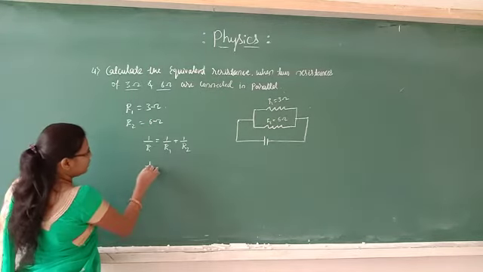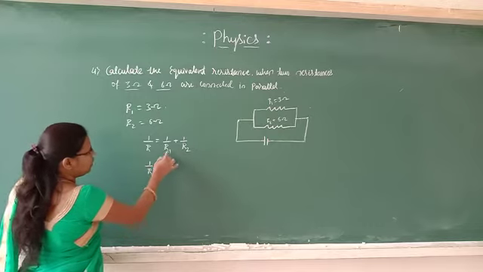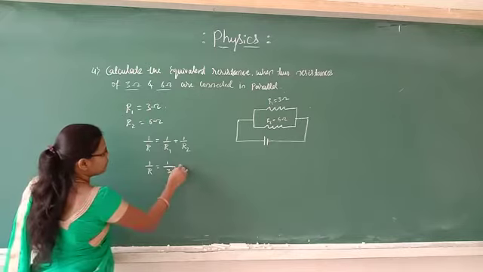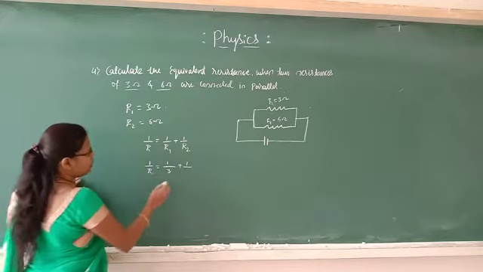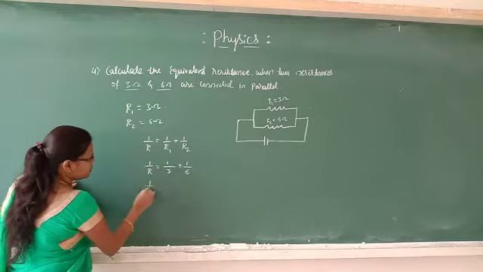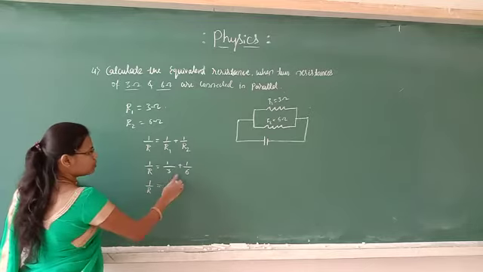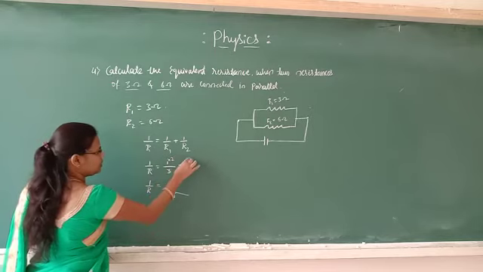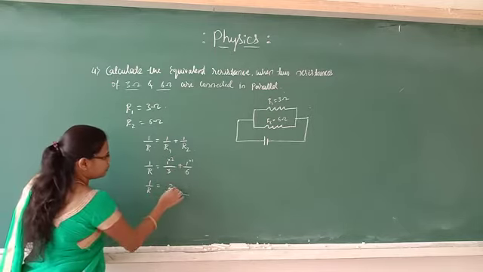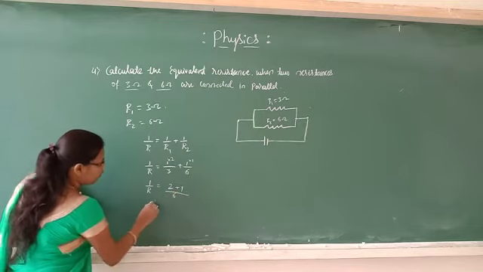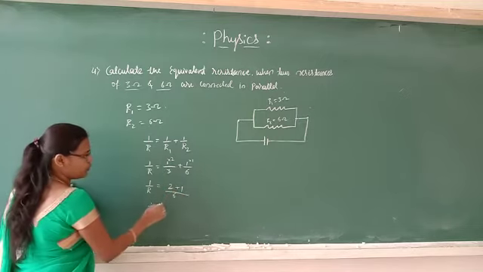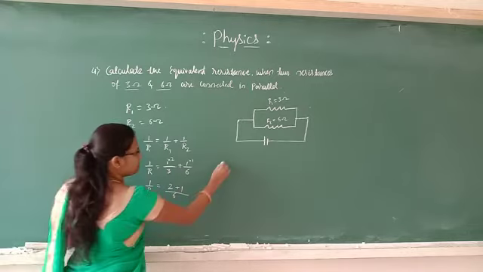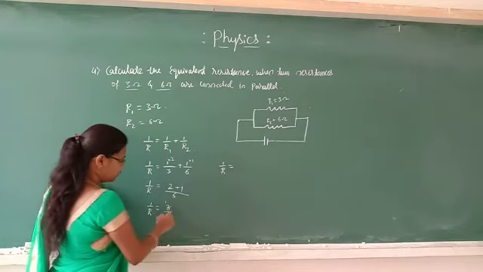Then we have to calculate the equivalent resistance. So 1 by R is equal to 1 divided by the value of R1, which is 3 ohm, plus 1 divided by the value of R2, which is 6. So this implies 1 divided by R is equal to, so we have to take LCM. So the LCM is 6, and then 3 2s are 6 and 6 1s are 6. So 1 by R is equal to 2 plus 1, 3 by 6. So this implies 1 divided by R is equal to 1 divided